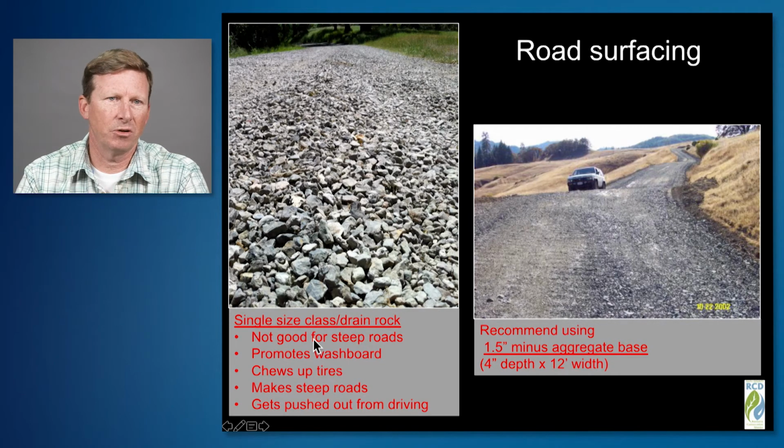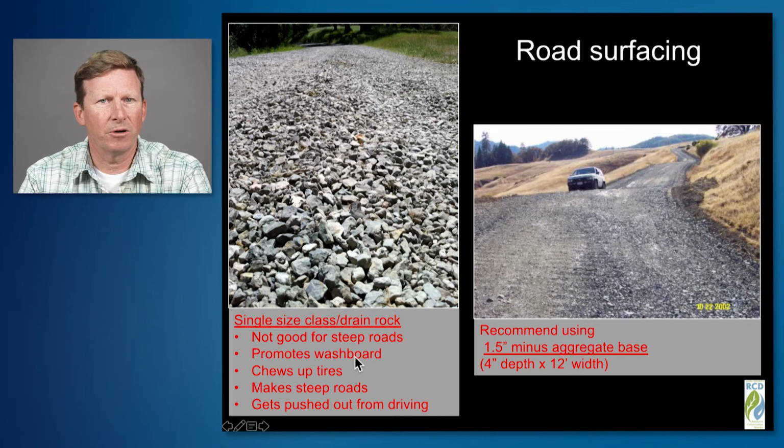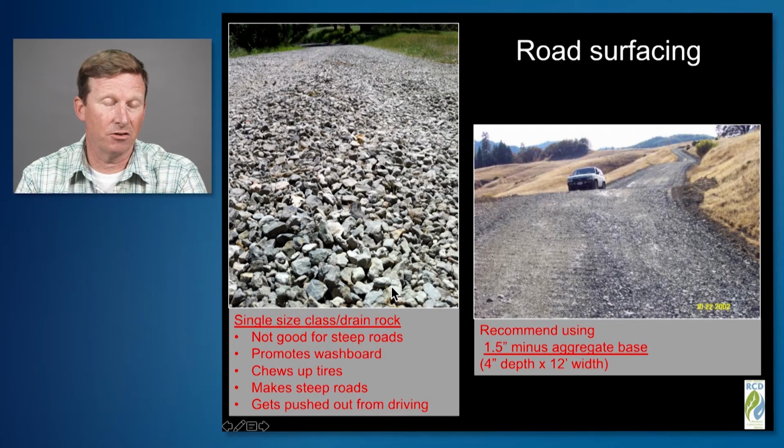Once you put that type of material on those steeper roads, it's like driving over marbles. A lot of the vineyard properties that we work on in Napa County have day laborers coming onto the property on their own with their own vehicles. Oftentimes those vehicles are two-wheel drive vehicles, and therefore they're trying to come up these steep roads with this drain rock on them, and their tires start to spin out, promoting washboard. It tends to chew up the tires quite a bit,